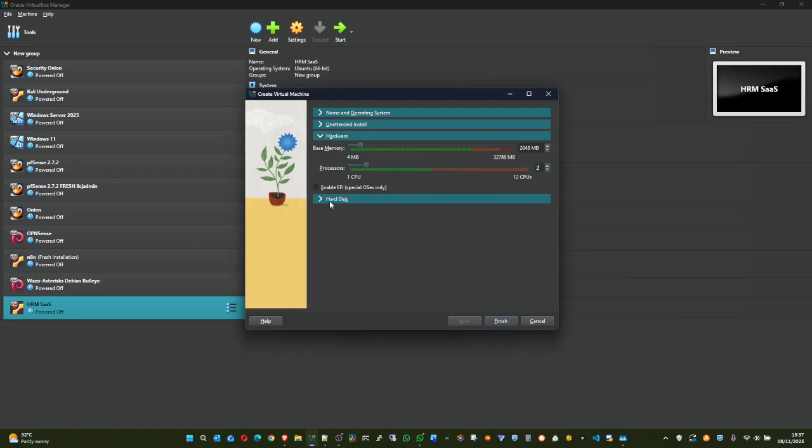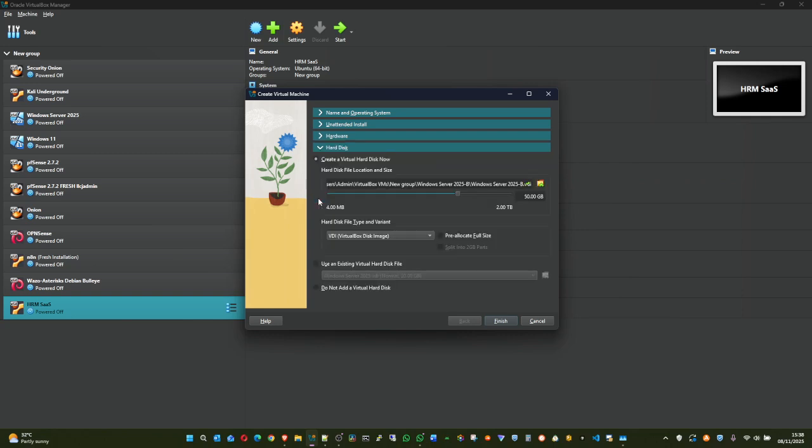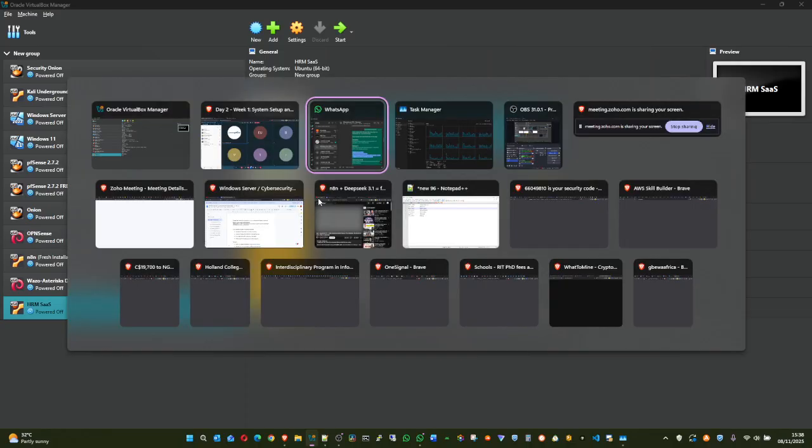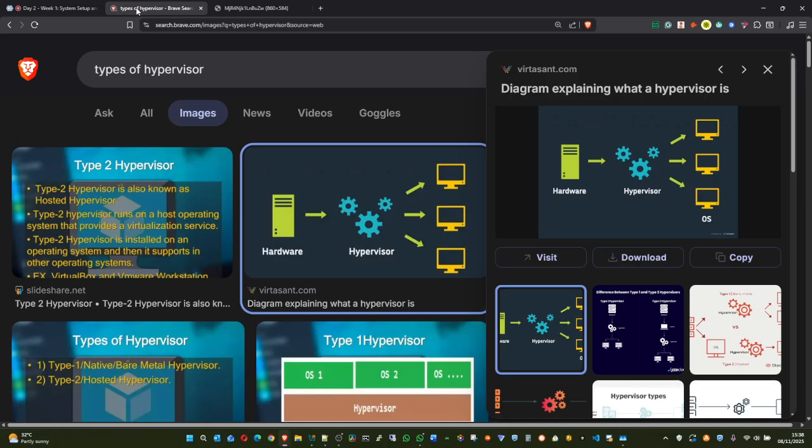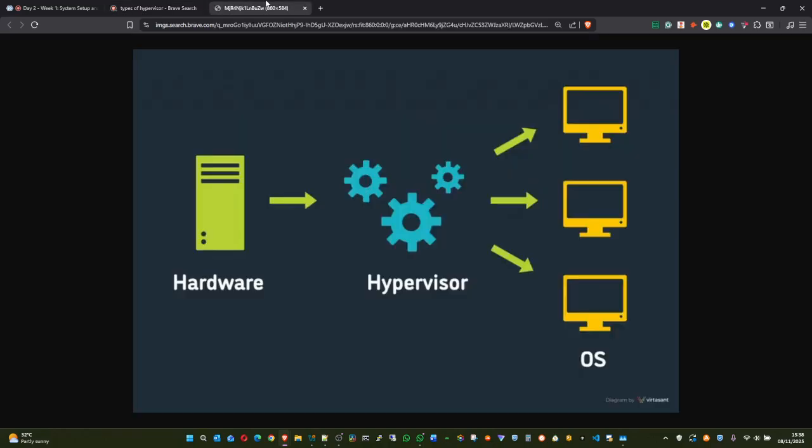And then we now also give hard disk. Hard disk is the storage where it will store all the files, the amount of files that it will install, that it will acquire on the hardware. Imagine having a warehouse, an empty warehouse. Inside that warehouse, you now want to rent a space out. That warehouse is big and massive. It has a generator. That generator is a 100 kVA generator.